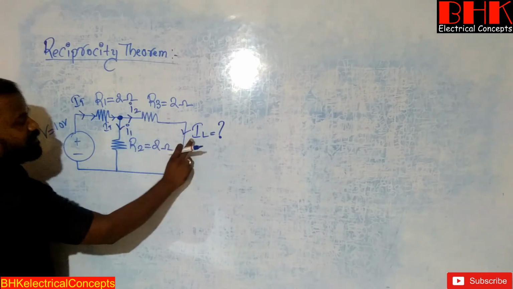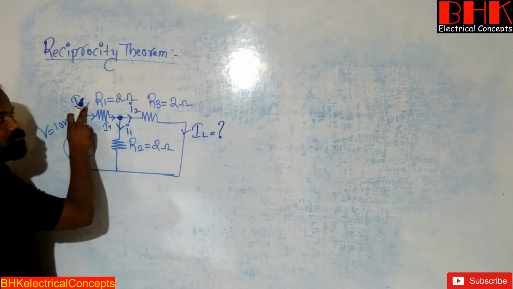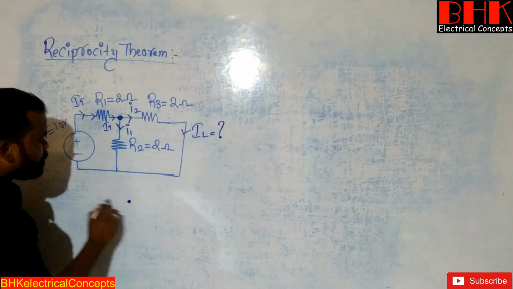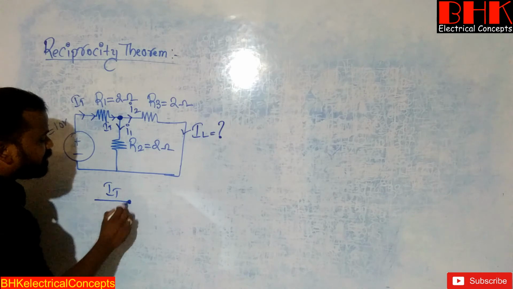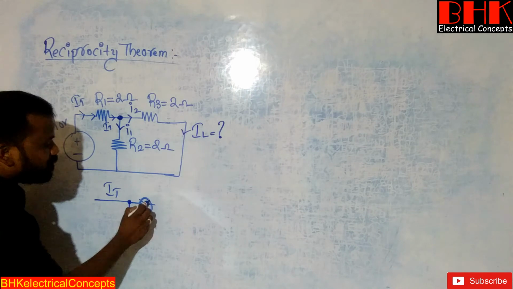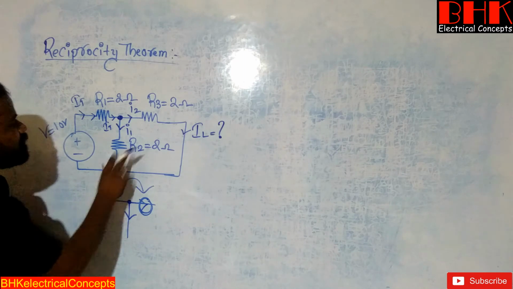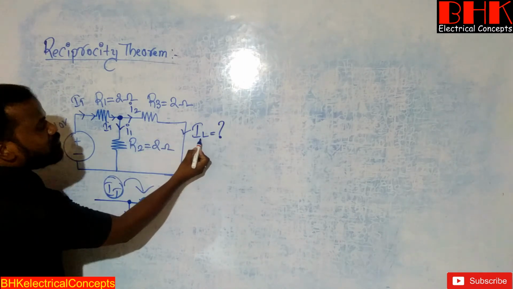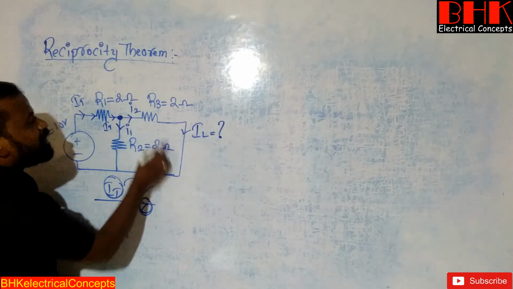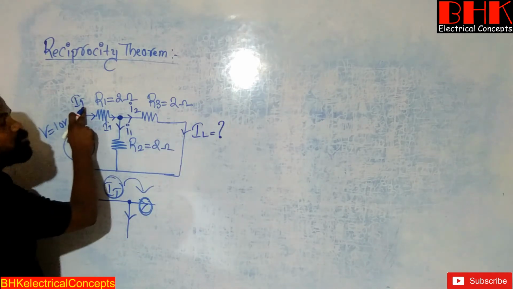Yes or no? That's why if I want to calculate the value of IL, first I need to calculate the total current in the circuit. Total current enters this junction point, and after that we have two branches, so the current is divided like this. To get this current value, first we need to know the total current, because this current is divided from it. Clear? So IL is equal to I2, both are the same, because this current flows only in the R2 branch and R3 branch. Clear? So to get IL, first I need to know the total current in the circuit.